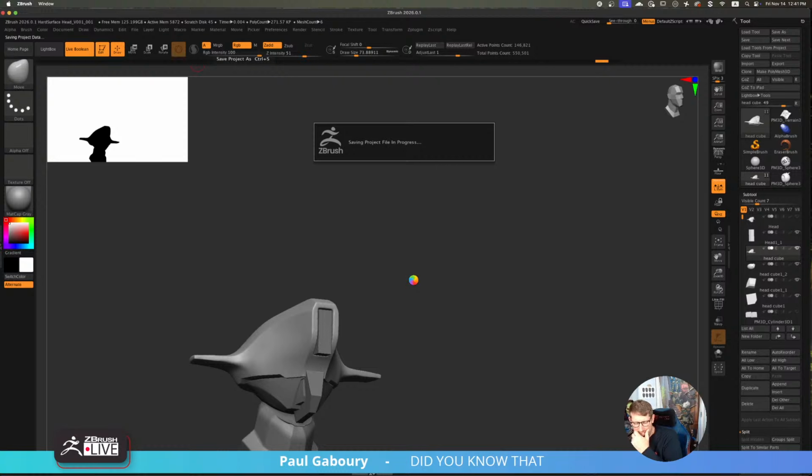After I save this, if I start to do a save next, it's automatically going to do iterations for me.